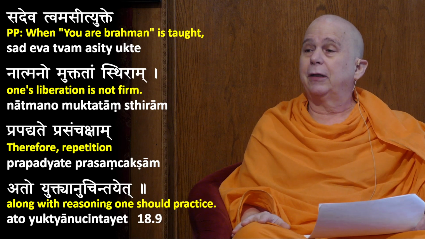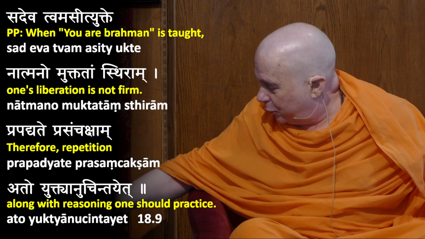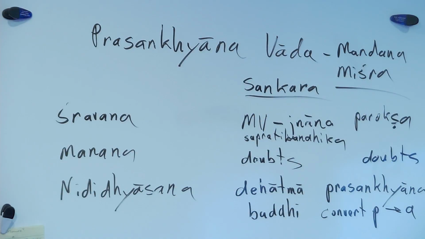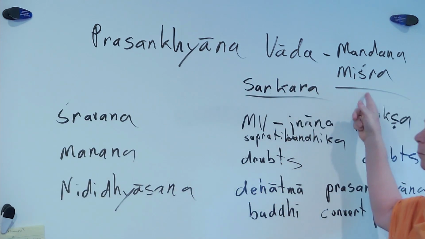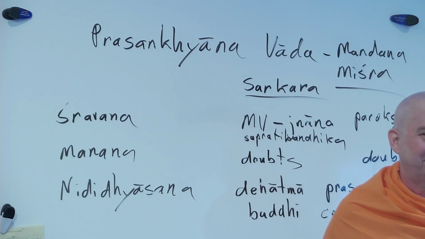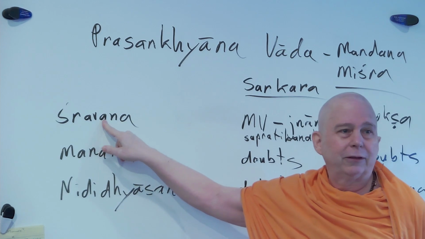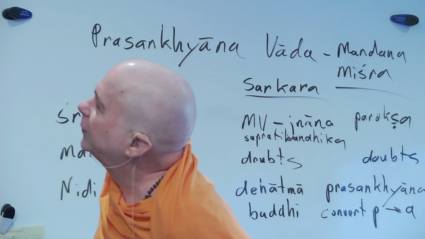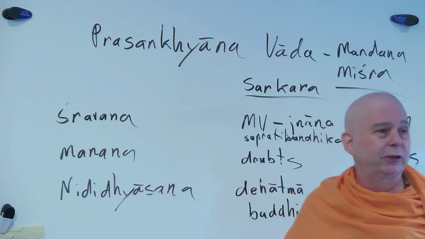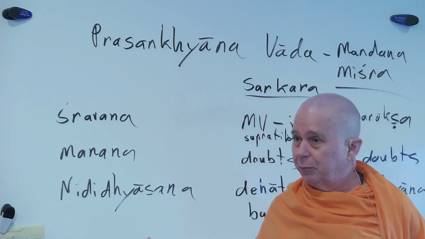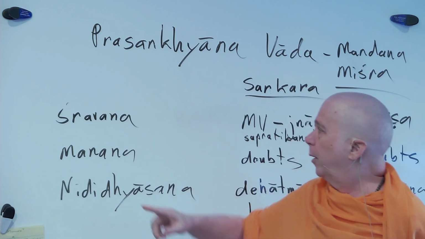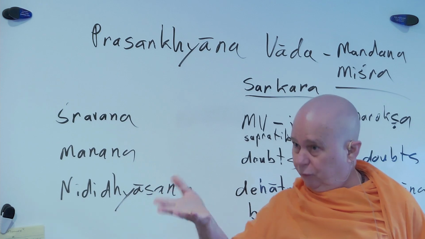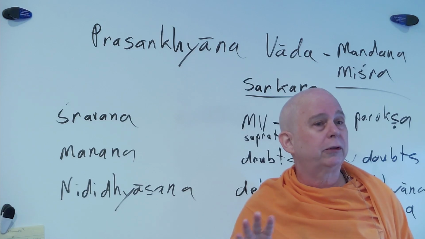Notice in our prior discussion, this is important enough to see. Again, I have to push all these buttons. Notice that both Shankara and Mandana are in agreement on this point. Sat eva tvam asi. So when the scripture tells you, iti ukte, when it is said by the scripture that you are Brahman, we're obviously speaking about Shravana, and in this case he says that Atmanah, for you, the individual, muktatam, liberation,